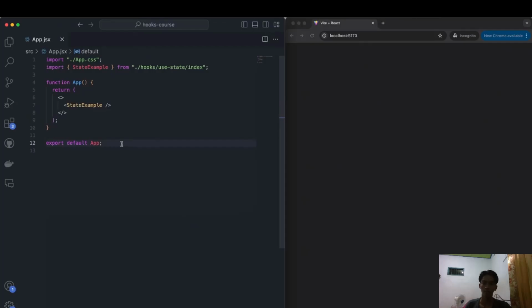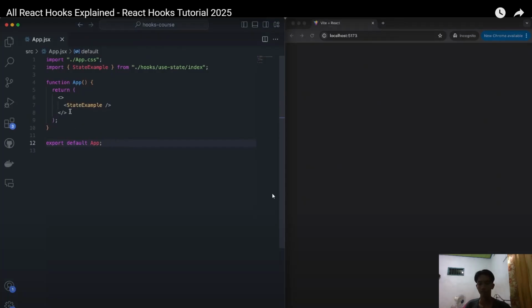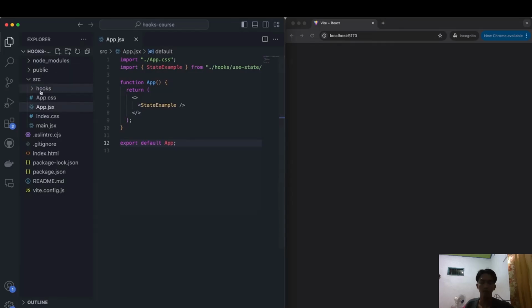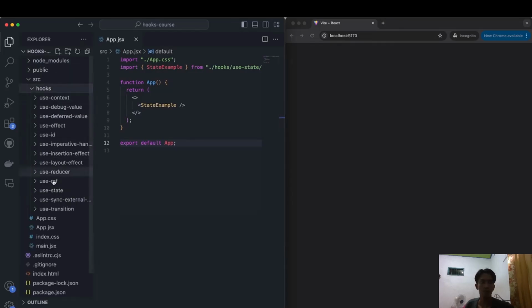Okay everyone, so let's get started. Before I get into our first hook, which is going to obviously be the useState hook, the most simple hook that you can learn in React, I want to explain a little bit about how I'm going to structure this code base in case you want to just follow the examples by going to the code base in the description. How I structure this is I have this folder over here called hooks, and inside of it we'll have